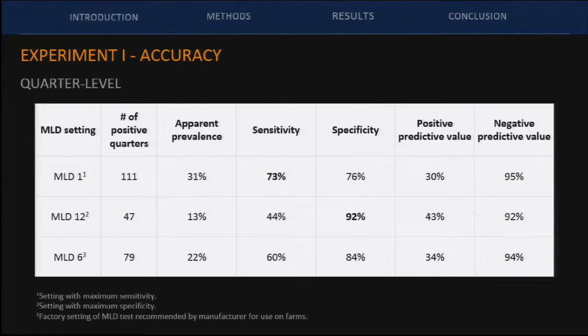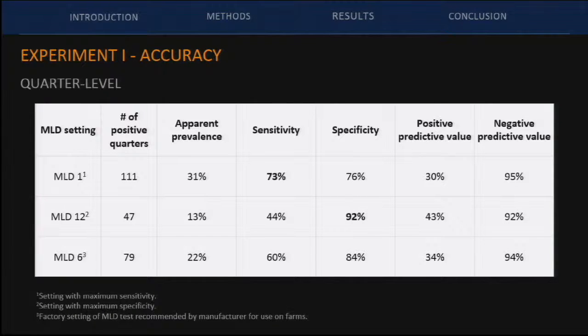So I'll walk you through this one. We had 12 thresholds, but for time purposes, I will present you only 3. And they are identified 1 to 12 by the manufacturer. And if you look at, let's say, threshold 1, which has the highest sensitivity, it identified 111 positive quarters,